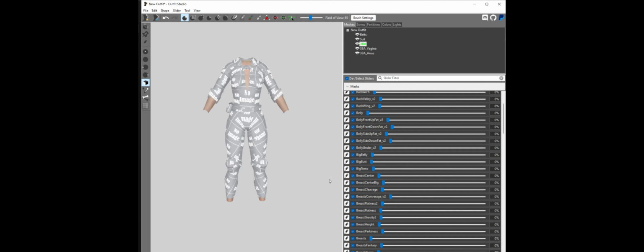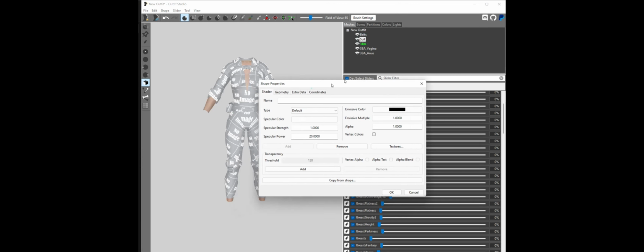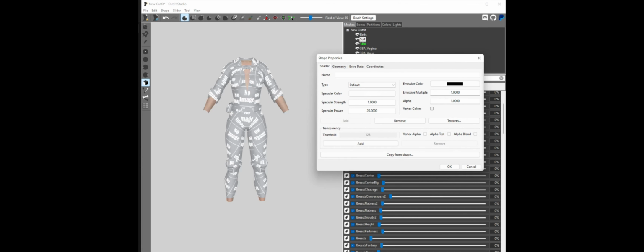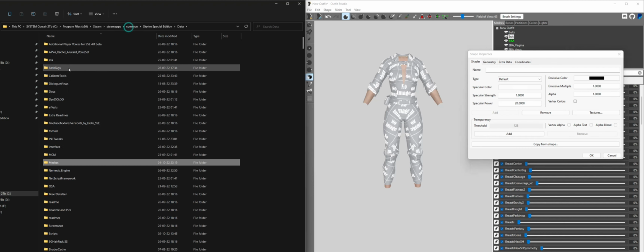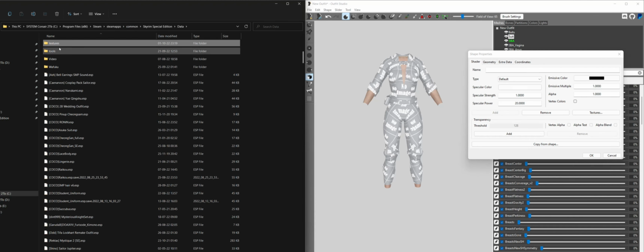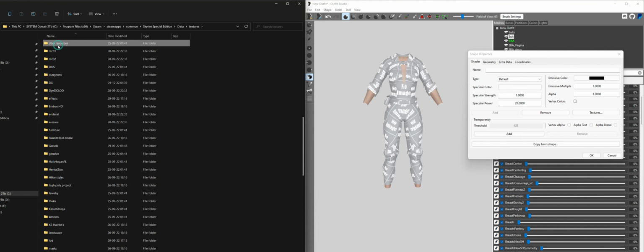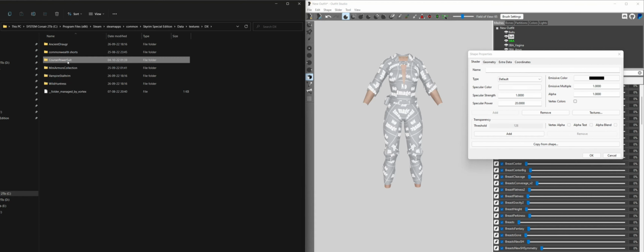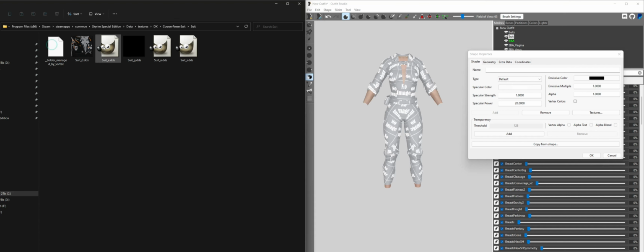Next part is optional. It's about textures. We will put textures anyway in the creation kit, but we can start to put them there. It will be useful also for the world model, how the armor looks in the menu. Double click on your armor mesh to open the properties. And in Skyrim game folder, data, texture, look for the texture path and copy the path. Now that's all the files we're going to need.